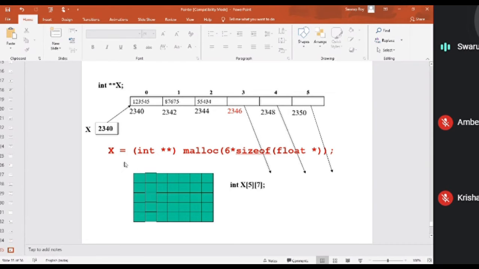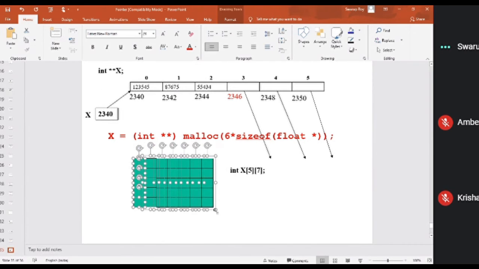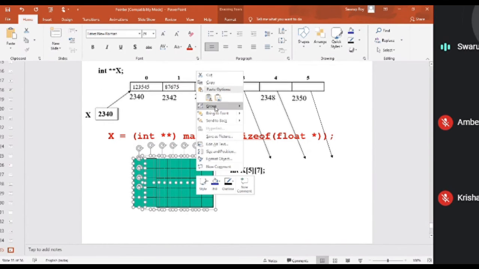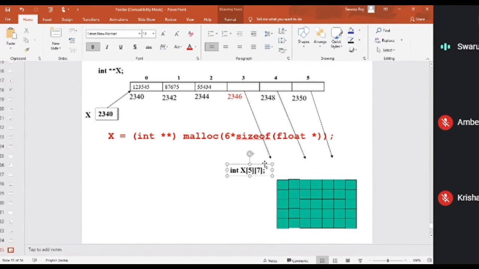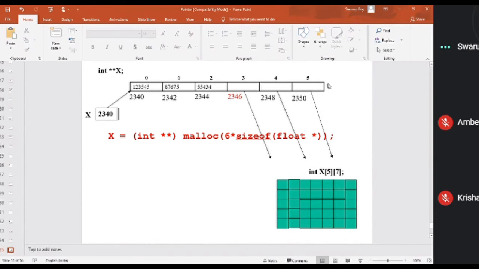So now one part is done. So that means I have created one array of pointers of size 6. Then tell me, after declaration, how many rows are going to be there?